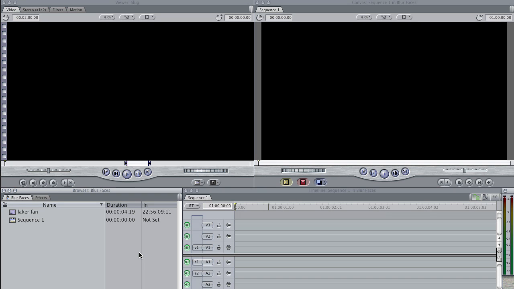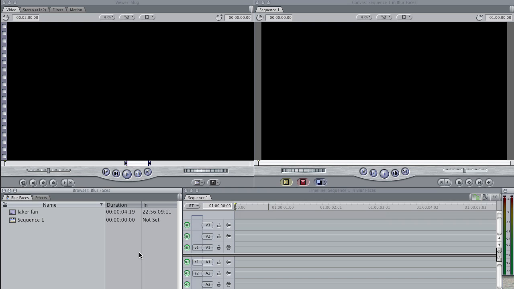I'd like to talk for a bit about track mats and how Final Cut uses them. Now, first of all, a mat is a grayscale image or movie that Final Cut will use to help determine transparency in another clip. The black areas of the mat will become transparent in the clip, and the white areas will become opaque. And it's a way to composite one clip over another when those clips do not normally come